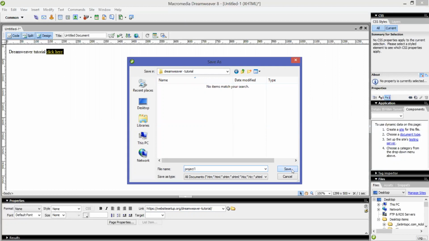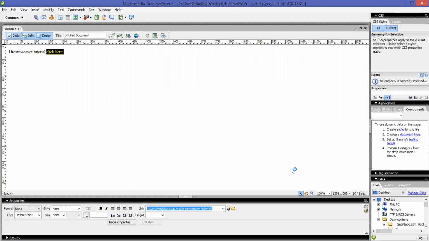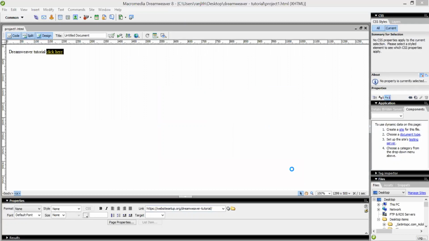Now you can see the output in the HTML. If I click this one, it will redirect to the web page and I can see the hyperlinked page.